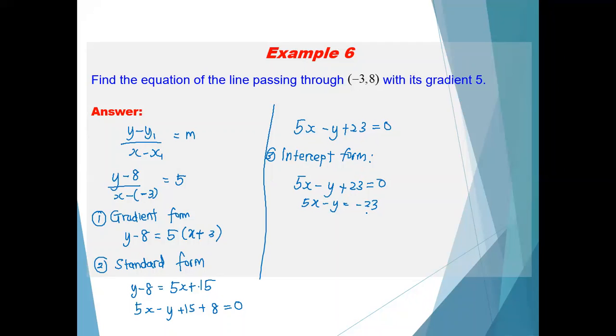So they must equal to 1, right? So everything you have to divide dengan negative 23. Okay, divide 1 over dengan negative 23. So equal to negative 23 divided by negative 23 equal to 1. Tapi you are not done yet sebab kat sini 5. So macam mana divide dengan